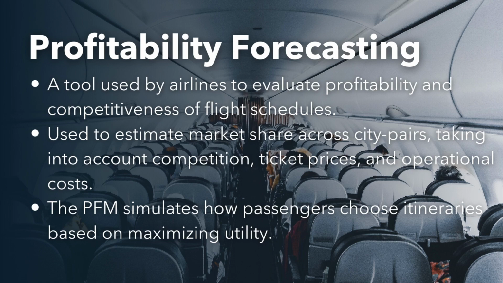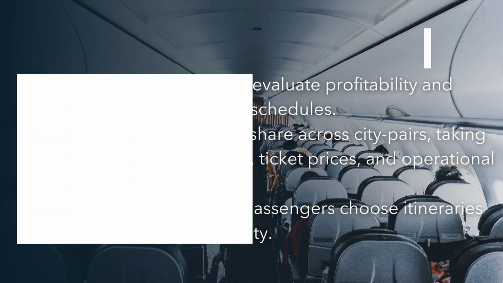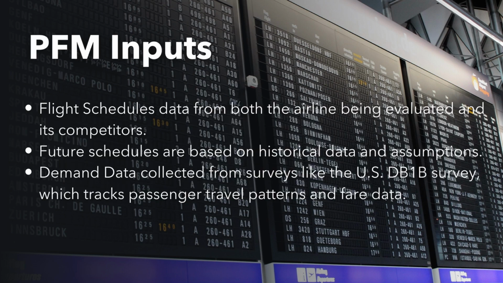A core feature of PFMs is that they replicate passenger behavior, simulating how passengers select itineraries based on utility maximization. To assess airline schedules, PFMs rely on input data that includes flight schedules for both the airline being evaluated and its competitors. Schedules are typically published 9 to 12 months in advance. However, only these schedules for the next 3 to 6 months are confirmed, requiring assumptions for future data based on